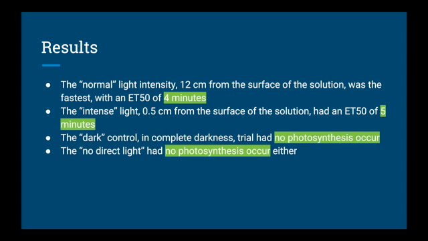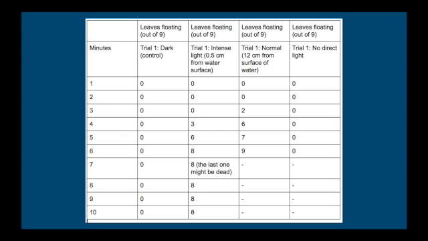So the results of our experiment showed that the normal light intensity, which was 12 centimeters from the surface of the solution, was the fastest with an ET50 of 4 minutes. The intense light, which was a half centimeter from the surface of the solution, had an ET50 of 5 minutes, and both the dark and the no direct light test had no photosynthesis occur. As you can see here,